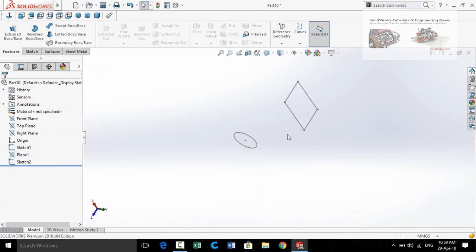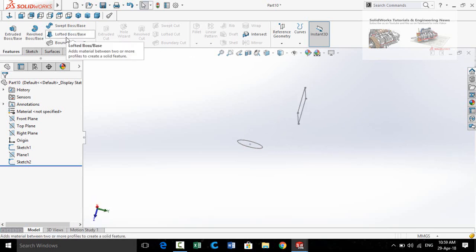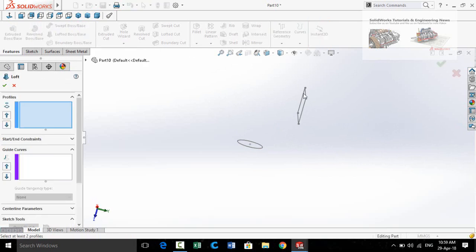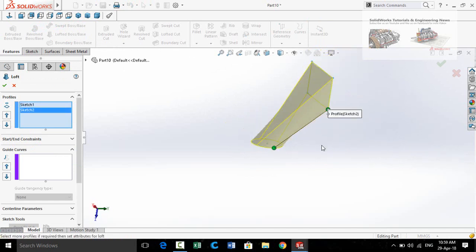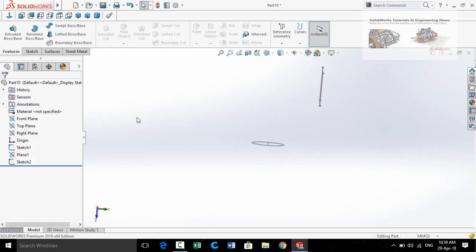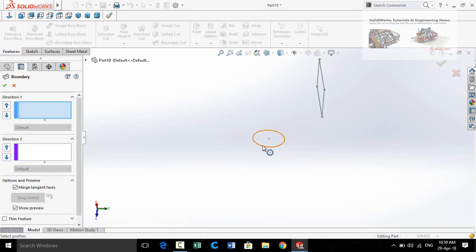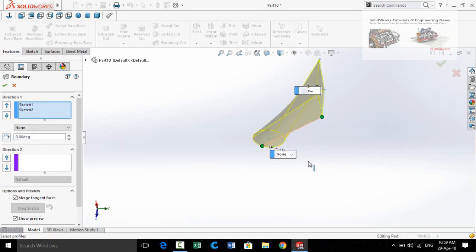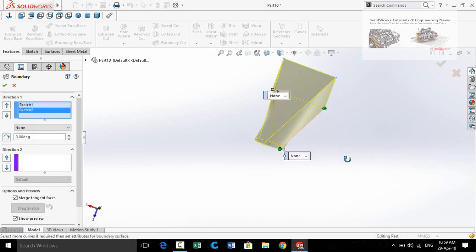Now let me show you the difference between lofted and boundary boss base commands. So first of all we will apply lofted boss base command on these profiles. Select this profile and then this profile and see how these profiles has been extruded. Close this and now apply boundary boss base command. Select this profile and this profile. Readjust these points